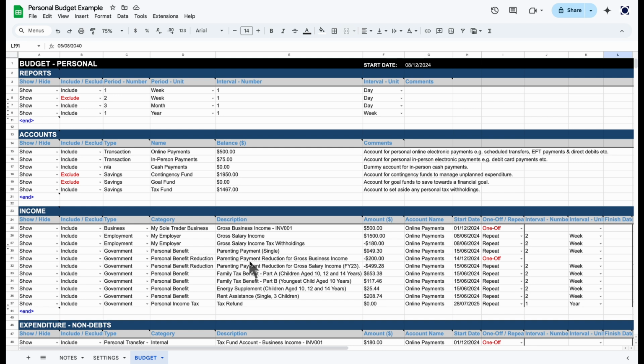As an example, looking at the top three items of the income table, you can see the first item is a one-off payment for a $500 business invoice due to be paid on the start date into the online payments account, and the next two items are for a repeating salary payment of $1,320 paid every 2 weeks from the start date into the online payments account with the gross income and tax